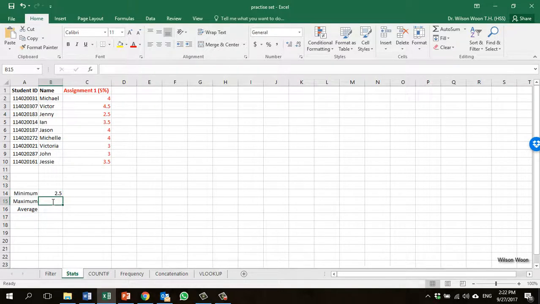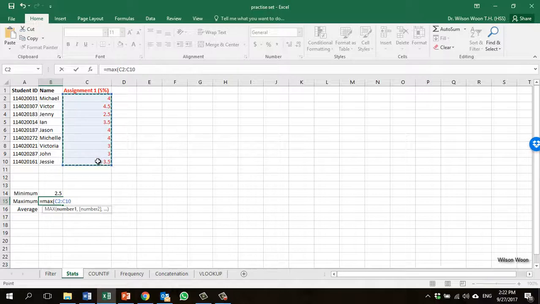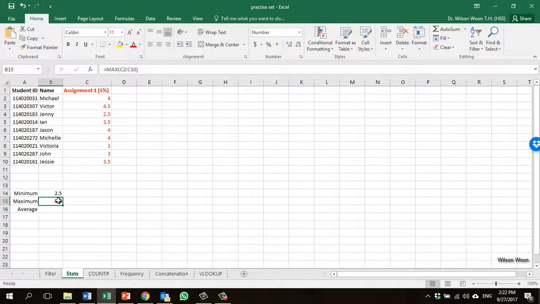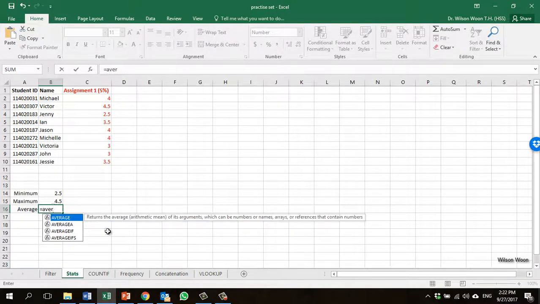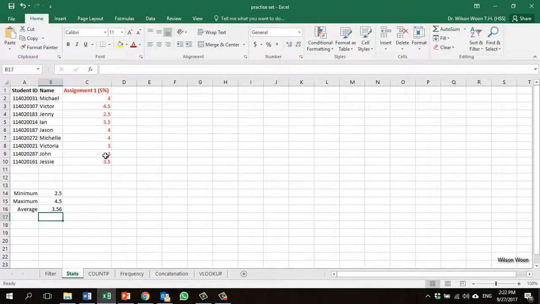What about the maximum score? The formula is MAX, 4.5, which is here. And what about the average? The formula for average is equals AVERAGE. Select all this. So the average score is 3.56. This is the first approach. The second approach is